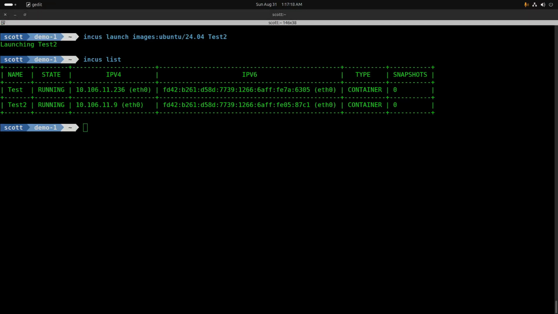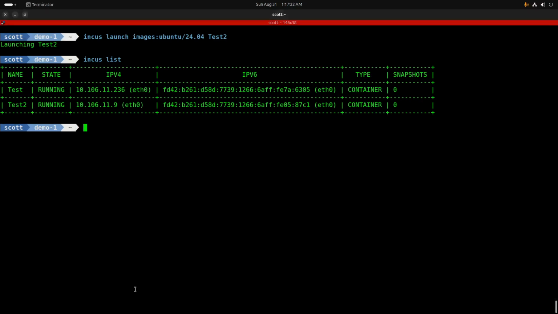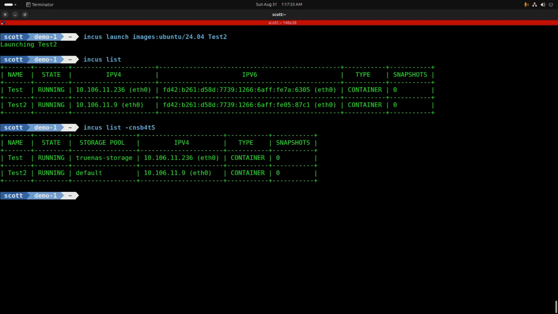So the question is, how do you tell which storage pool they're running on? And incus list has a command where you can format different columns with different information. And in this particular incus list command, I'm listing the storage pool out as an additional column. And you can see that test is running on the TrueNAS storage pool, whereas test2 is running on the default